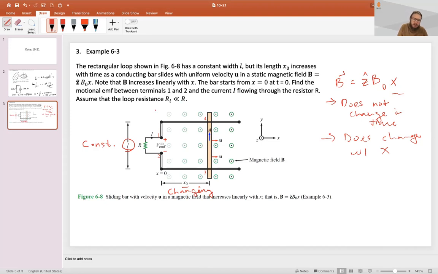In this problem, we're going to assume that the resistance of the wire is very, very small. So the wire from here to here, we're assuming has almost no resistance. And this is the main resistance. So if we can get information about the motional, or the electromotive force,